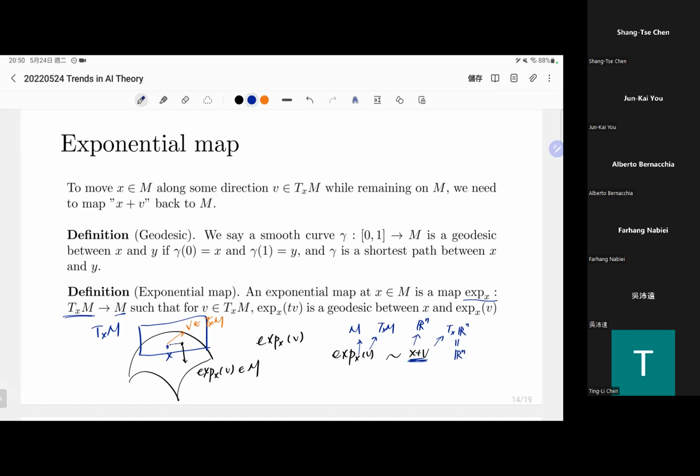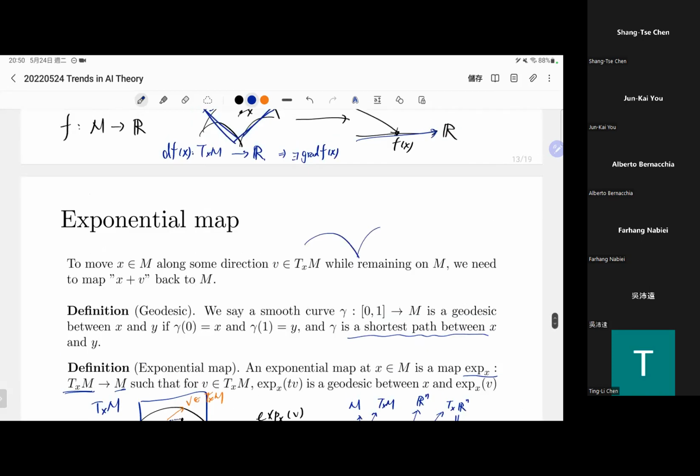And before we say what this map does, we introduce a notion called a geodesic, or geodesic curve. A geodesic, given two points x and y in a manifold, is a shortest path between these two points. So, for example, if I have a manifold like this, and I have these two points, because it is a curved surface,